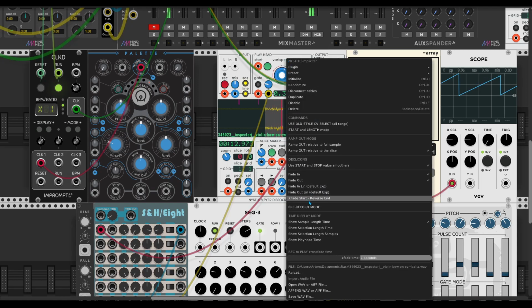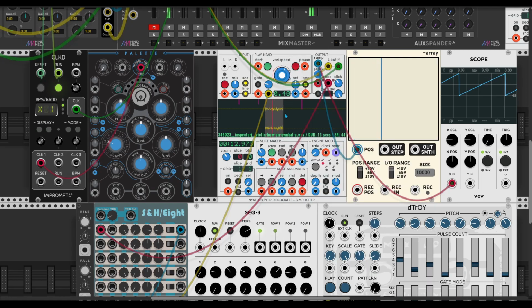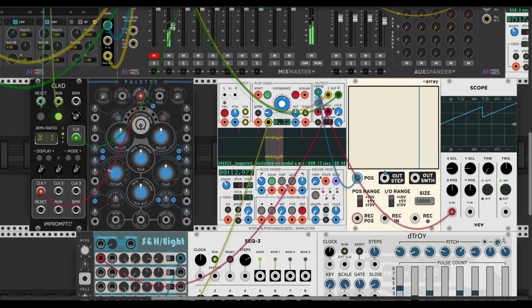You will still hear some gap between the start and end. But with no click it is nice, and you can use